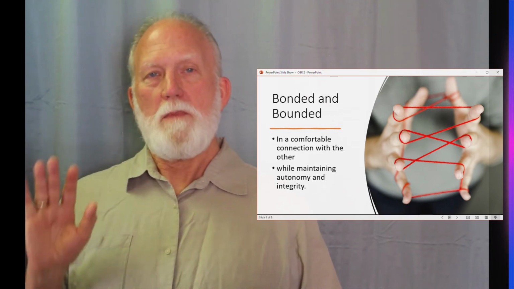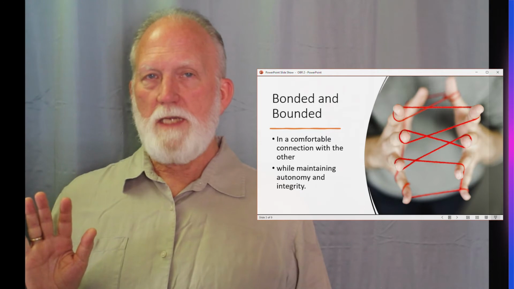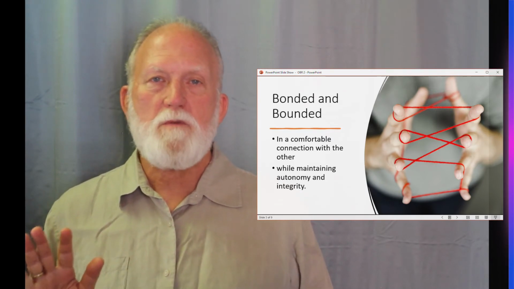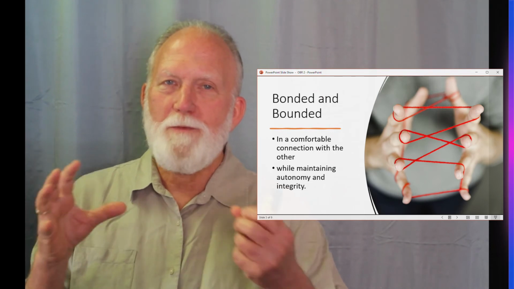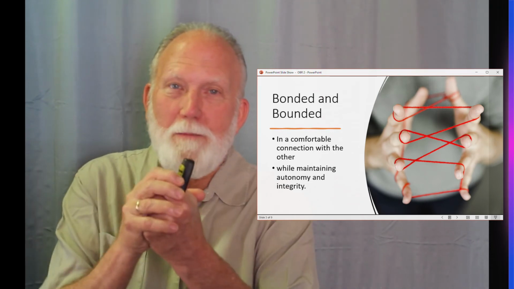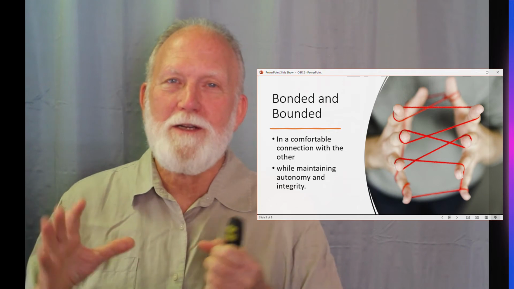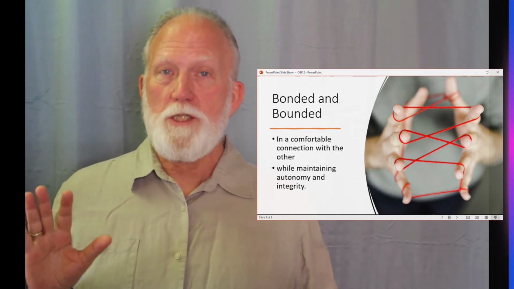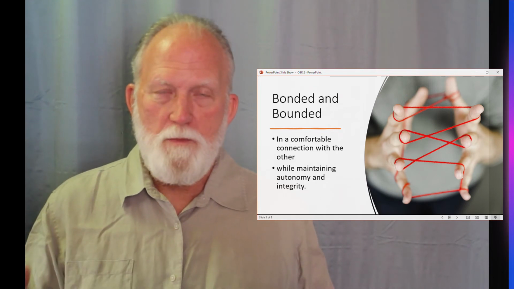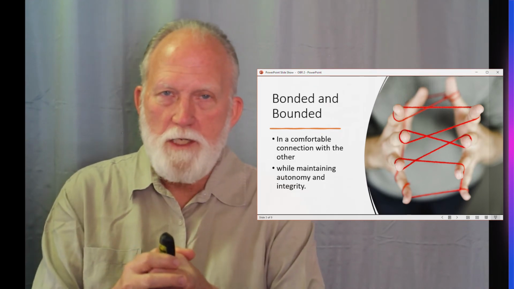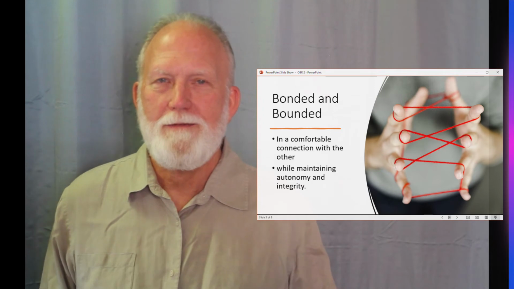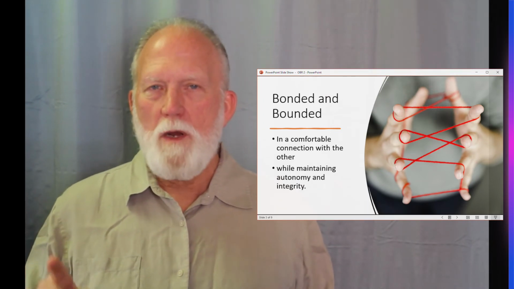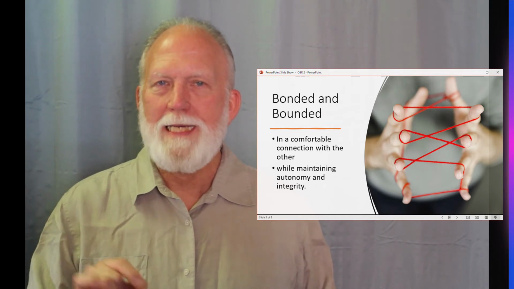But we also need to maintain our own integrity. We need to be able to have my own autonomy, to be my own self. And so sometimes what we will do in a relationship is we'll get, particularly in romantic relationships, we'll get real bonded. Oh, I can't wait to be with you. It's so, we need some space. And so in some relationships, we will kind of bounce back and forth between being glommed onto each other and taking time apart. Right? Ideally, what we want to be able to do is to be both bonded and bounded